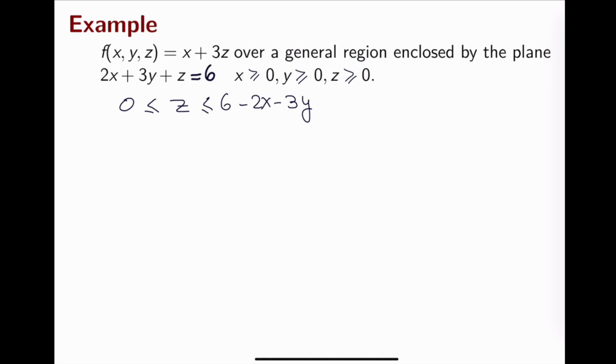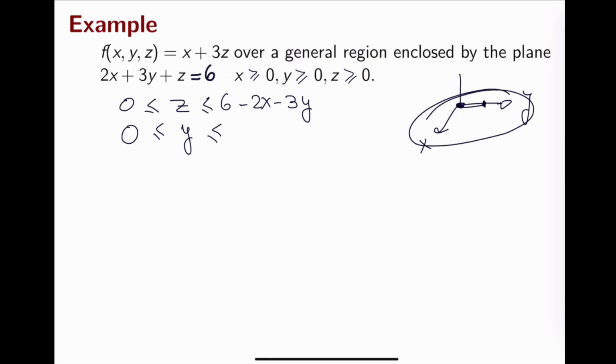And then we keep going towards the outside. So y is also going to start the variation from 0. We study here, this is x, this is y, the variation of y. Y is going to vary from here and go all the way until where this plane intersects the